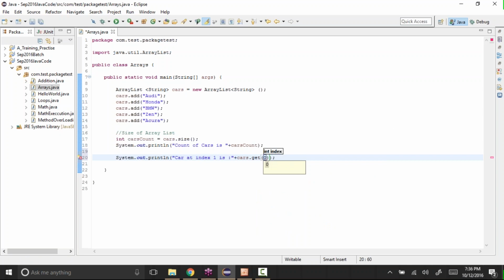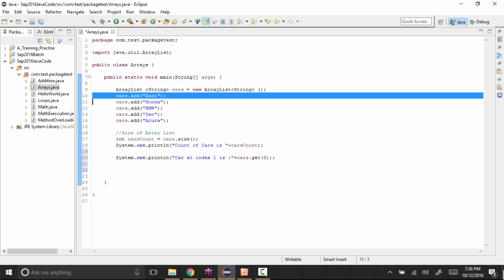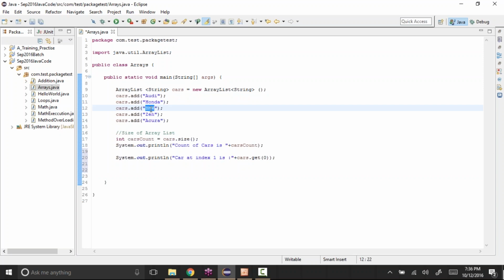If you give 0, it will display the first value, because like I said, the ArrayList starts from 0. So Audi will be at 0, Honda at 1, cars of 2 will be BMW, like that. The ArrayList doesn't start from 1, it starts from 0.